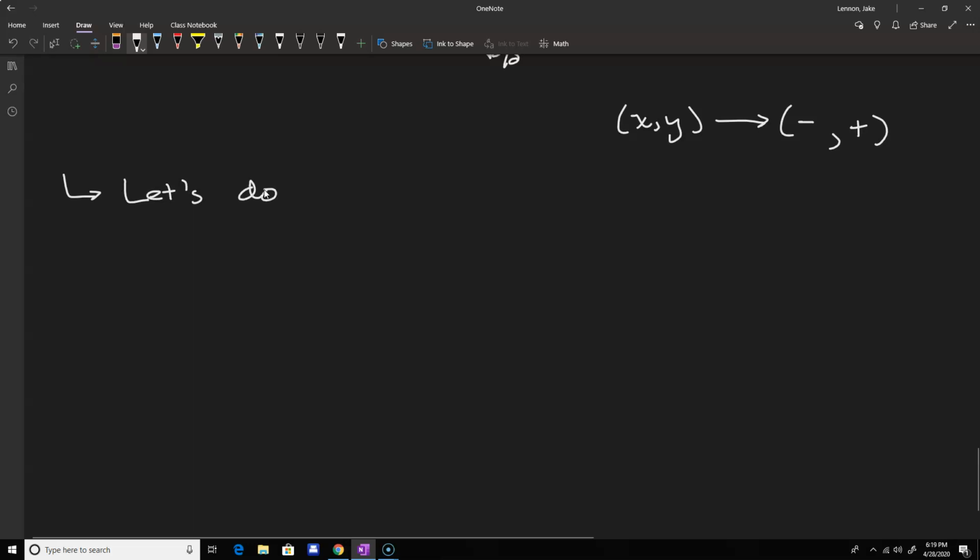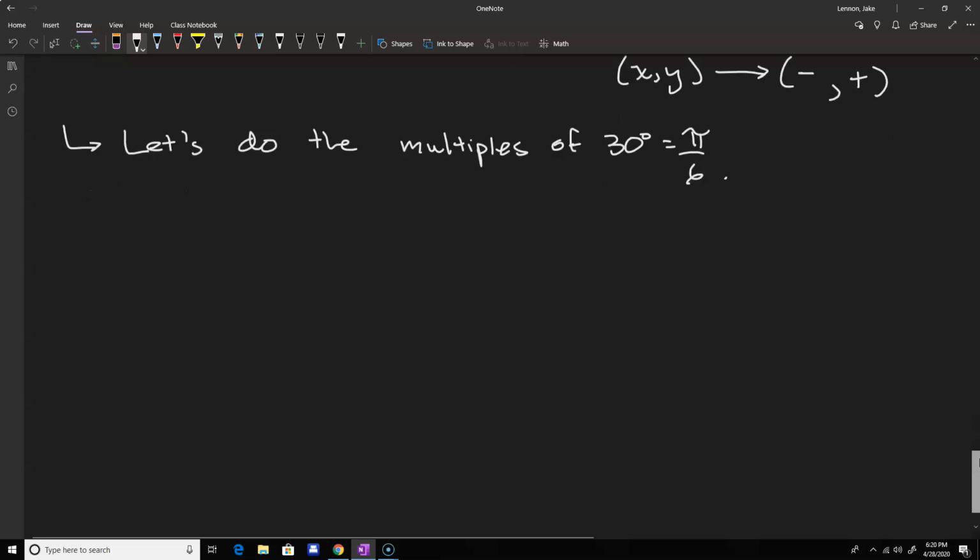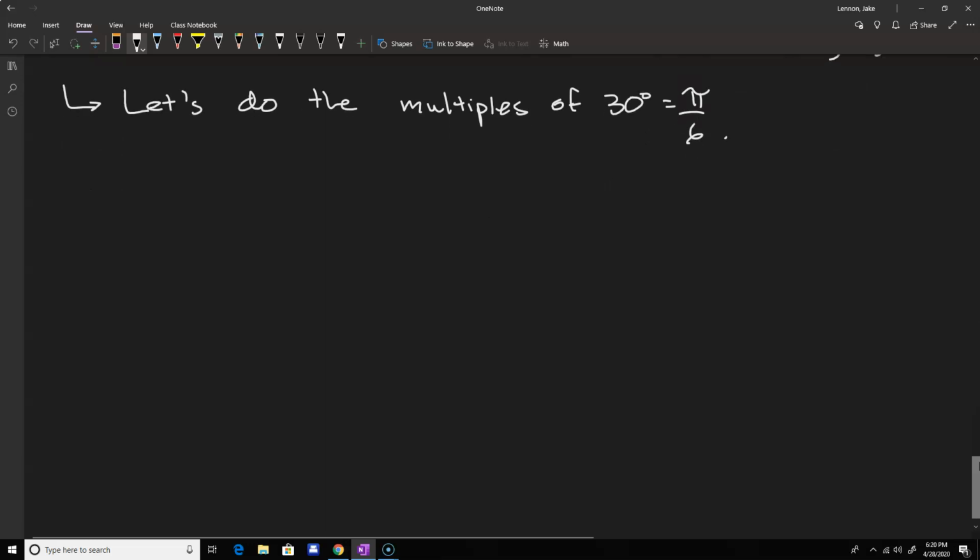So let's do the multiples of 30 degrees, which will be the same thing as pi over 6 radians. Because this special triangle from geometry has 2 different length sides, we're going to have a lot more places on the unit circle to determine angles. So, okay, let's draw our unit circle again,